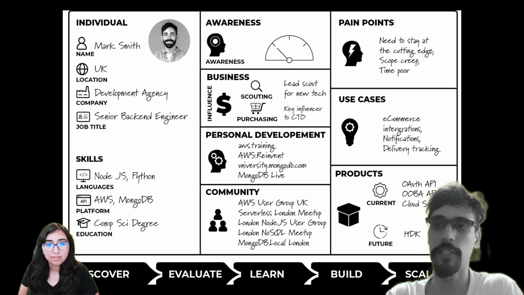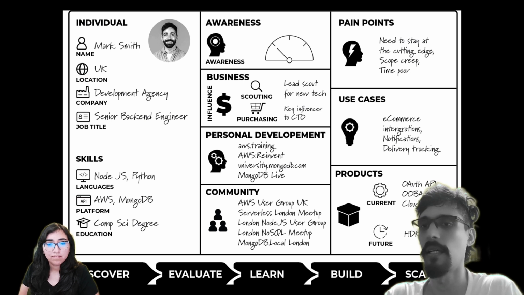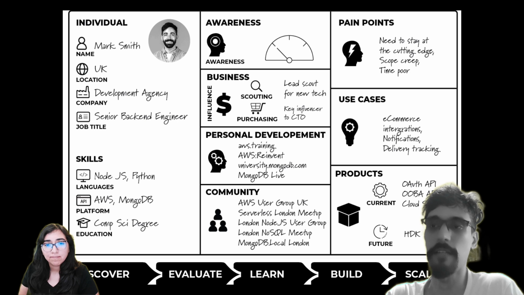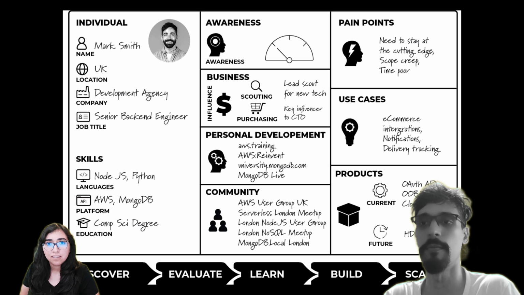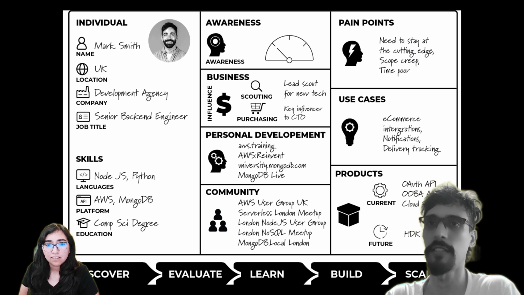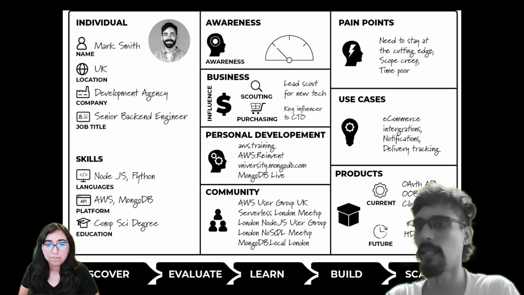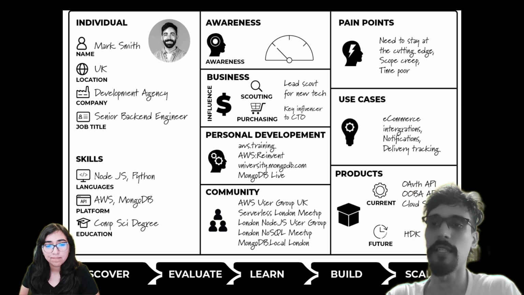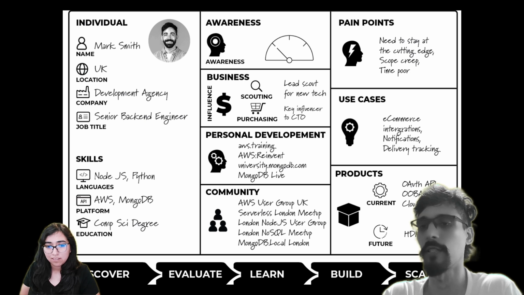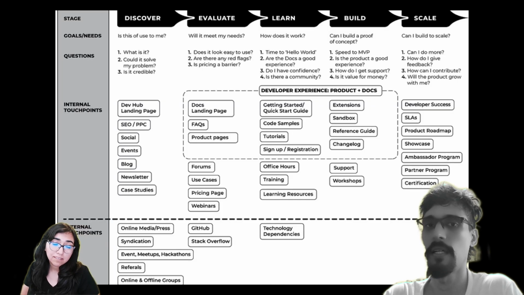So think segmentation, personas. Here we see an example of a developer persona, and it's all the details about a fictitious developer who represents a particular segment of developers that's deemed important. At the bottom, you'll see discover, evaluate, learn, build, scale. And this is where you start designing the developer journey for this particular persona,